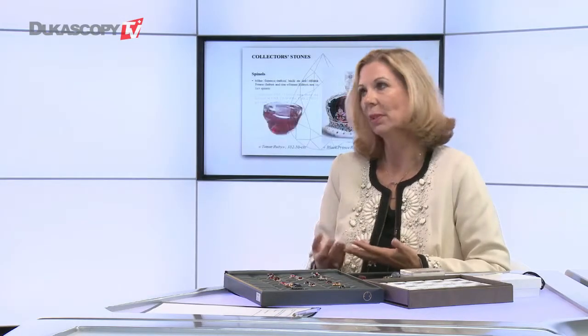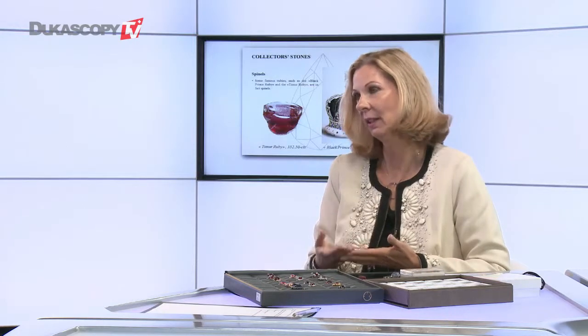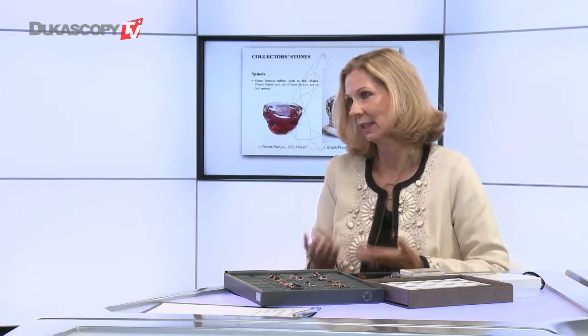And in fact in former times the people could not say which one is ruby and which one is spinel, and most of the famous rubies are in fact spinels. They also call them balas ruby, and in fact they're spinels. You can see this in the crown jewels, and the Hope was sold for this price because of the history, and because spinel is getting rarer and rarer, and this is a beautiful specimen of a very famous mine